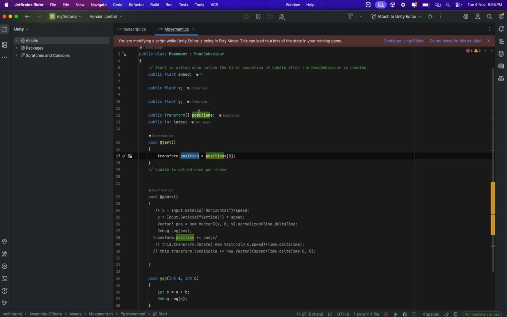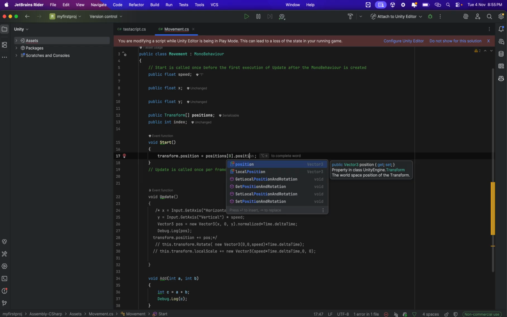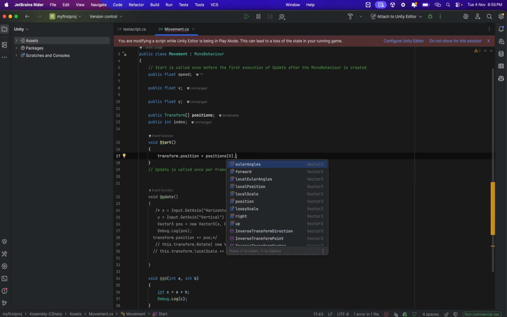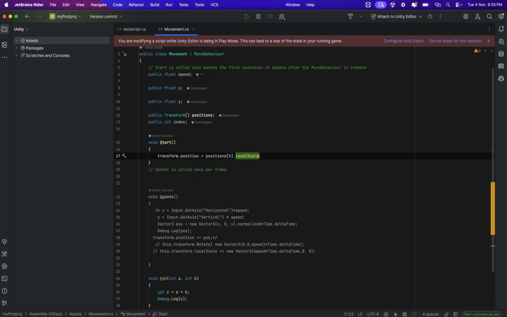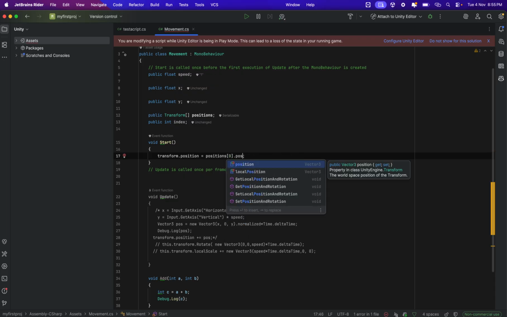We need the vector 3 of that particular transform, the position of the transform, which is also a vector 3. So we'll write position of it. What if I write local scale? It will still accept it. While compiling it has no errors, but logically it has errors. It is illogical for the task we want to achieve. So we just need the position